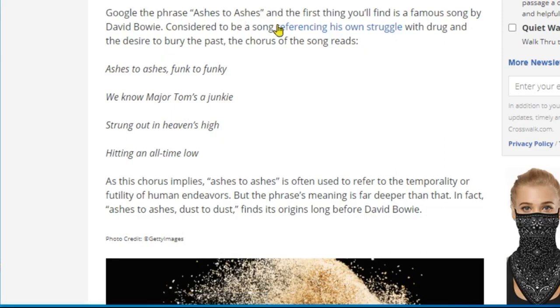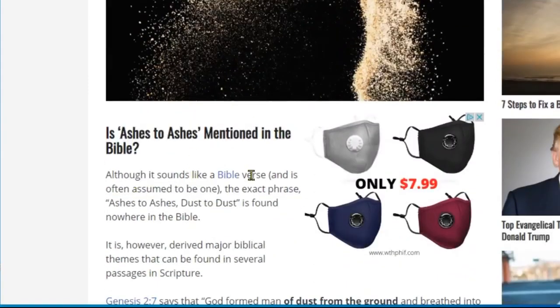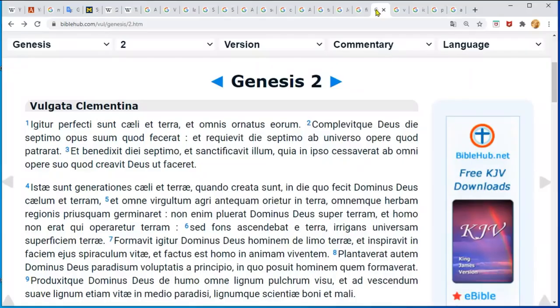The phrase ashes to ashes is the first thing you'll find in a famous song by David Bowie. But it ain't in the Bible, although it sounds like a Bible verse and is often assumed to be one. The exact phrase ashes to ashes, dust to dust is found nowhere in the Bible. And well, that's not true. So I'll usually read on this